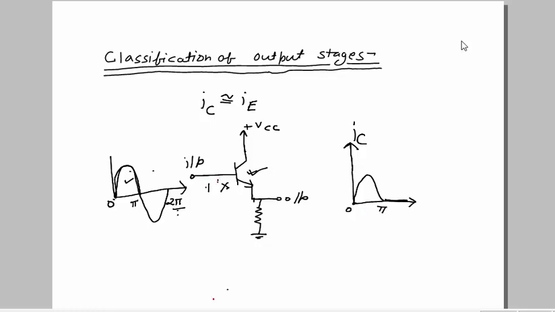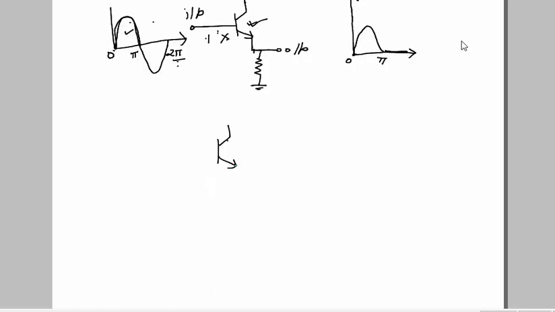Now what happens if I bias this transistor? Suppose this transistor, again the same, I bias this. The complete biasing arrangement I'm not showing here. I hope you know what biasing is. If not, then please refer to my initial lectures, where I have explained in detail how to do the biasing. As of now we assume that we all know what biasing is.